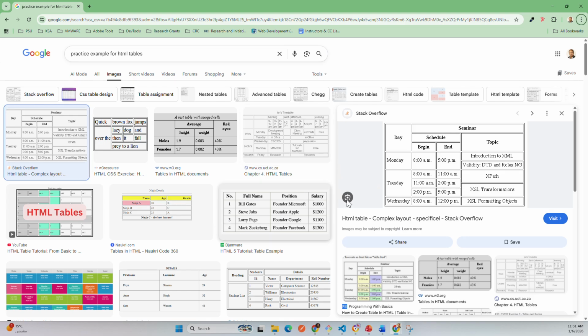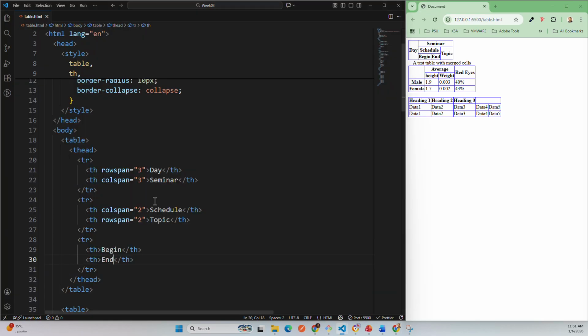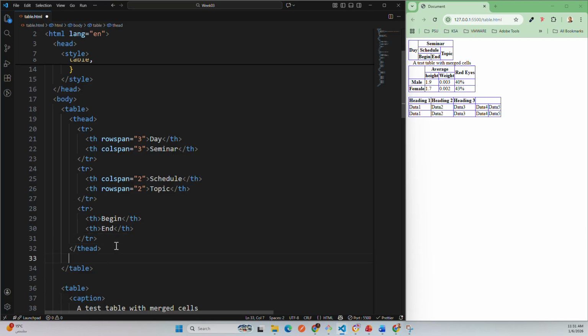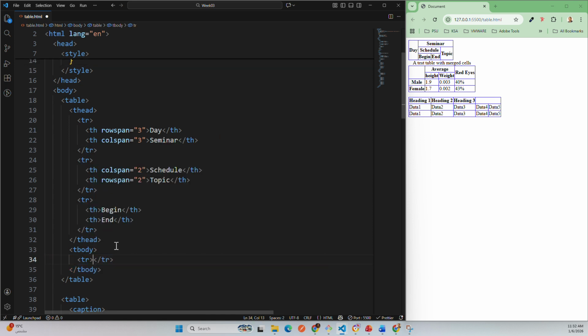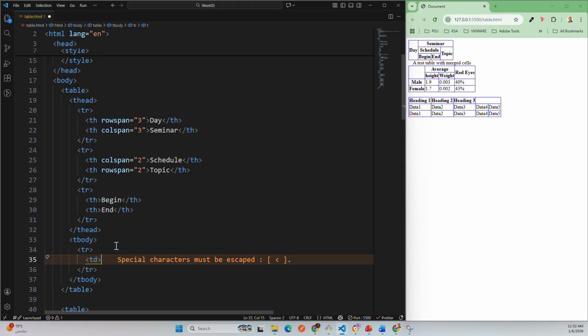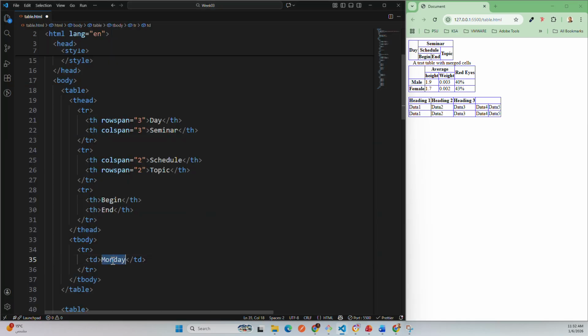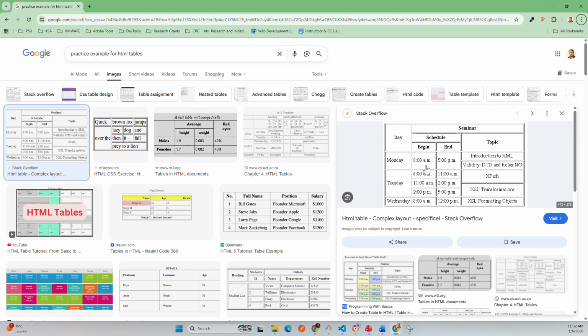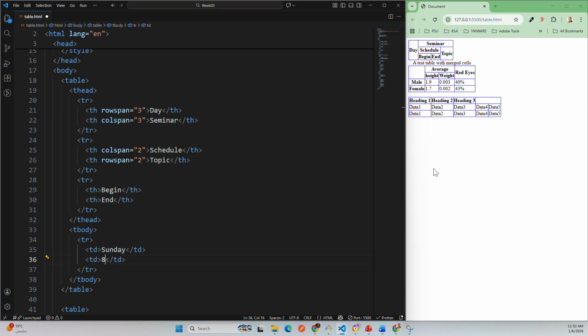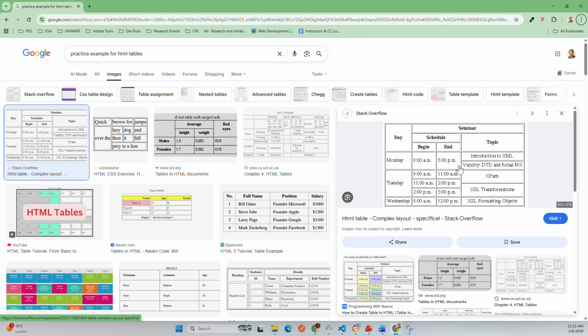And then, of course, after that, we have the table data. So rather than putting in the rows directly, I first create the tbody, and then inside the tbody, I create a TR. And inside the TR, we have a TD, which is like Monday, the first day of the week. For us, it's Sunday, so maybe we can put Sunday. Here in Saudi Arabia, we are using Sunday as the first day of the week, and then we say begin at 8 a.m. and then it finishes at